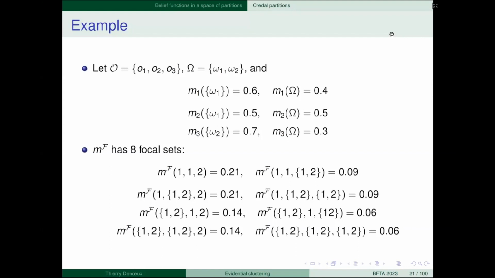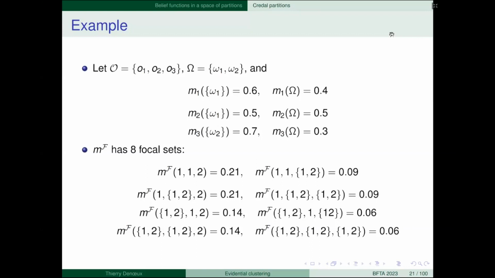And you continue like that. For instance, here you multiply this, you consider this one, and this one. So the set of labeling functions is the set of functions so that object 1 is mapped to cluster 1, object 2 is mapped to either cluster 1 or cluster 2, object 3 is mapped to cluster 2, so this is this focal set. Okay, this notation for a set of labeling functions, and the mass will be the product of this times this one times this one, which is 0.21.